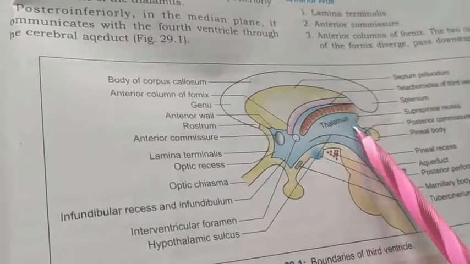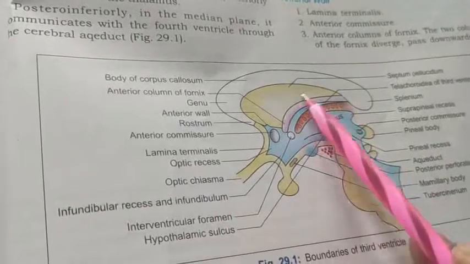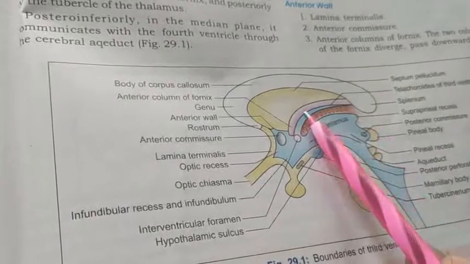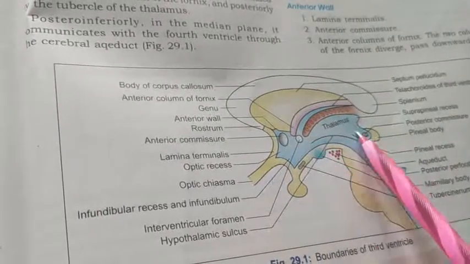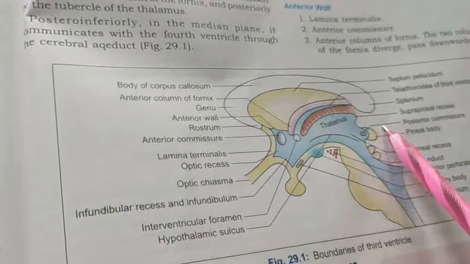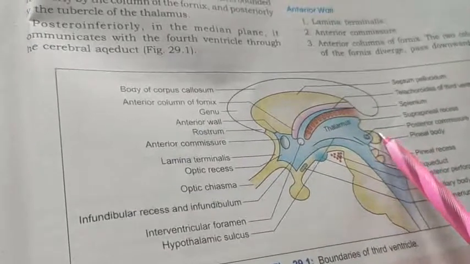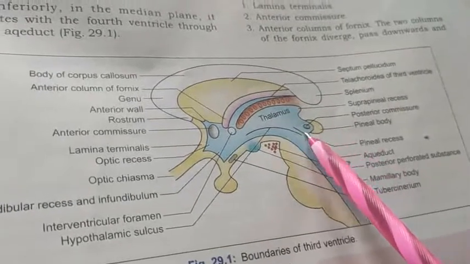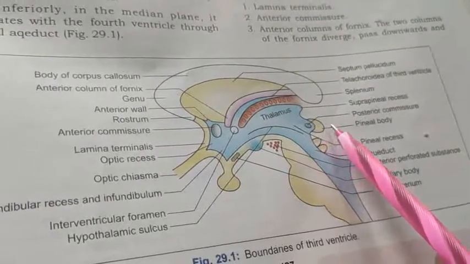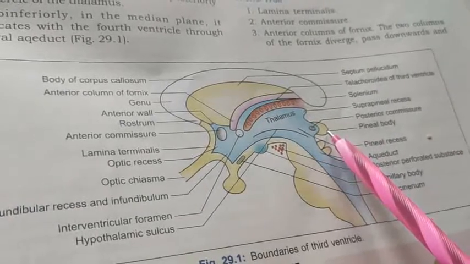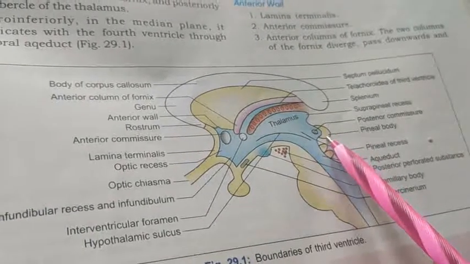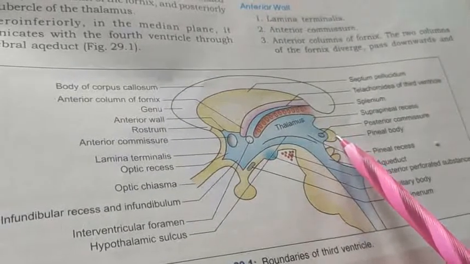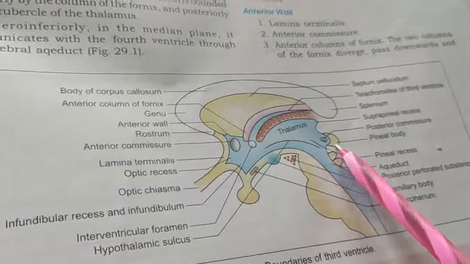The left and right thalamic nuclei are seen on both sides of the centrally placed third ventricle, which is a box-like structure. It has a median central projection posteriorly, caudally, like a tail. This is called the pineal body. The pineal body is seen as a tail.